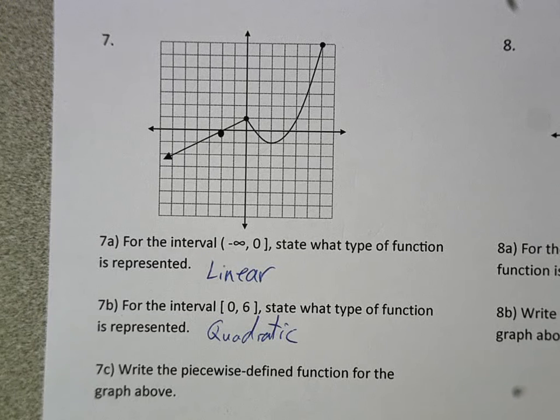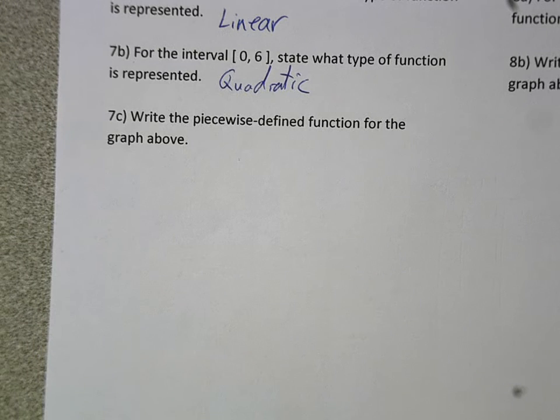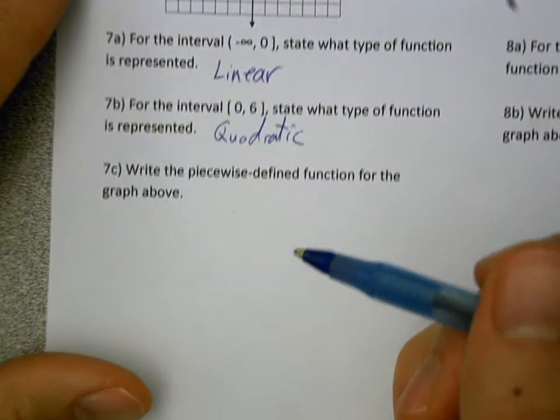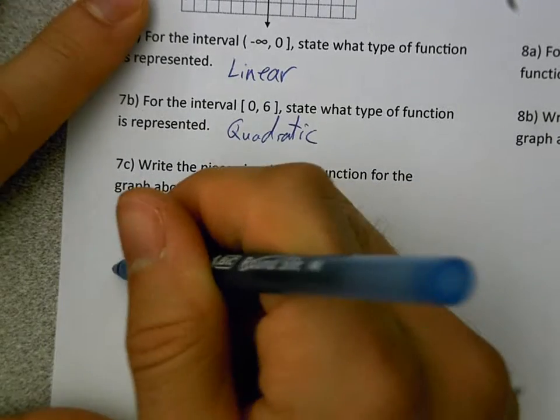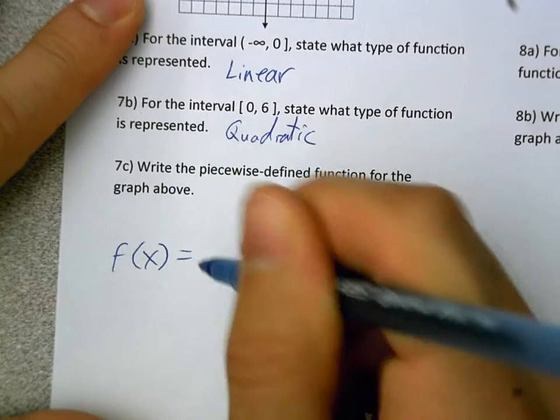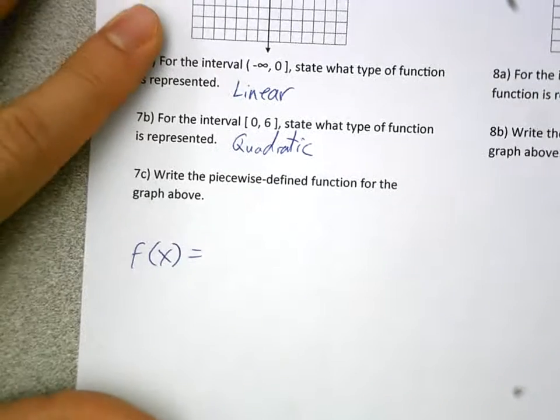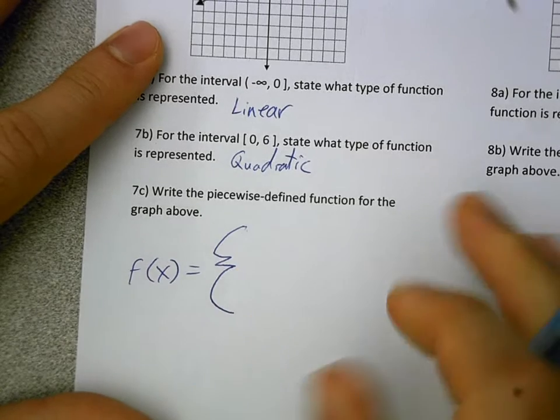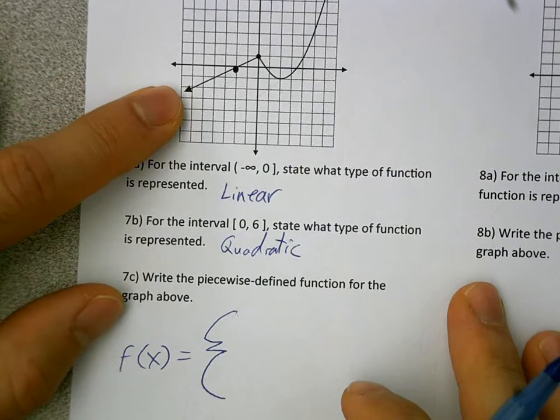Now, that was the easy part. They will ask you to then write out the equation. So to write out the equation, it's what you've been doing previously, just in 2 pieces. Write the piecewise defined function. So f of x is equal to, we're going to have a little curly bracket here to group our functions. The first function